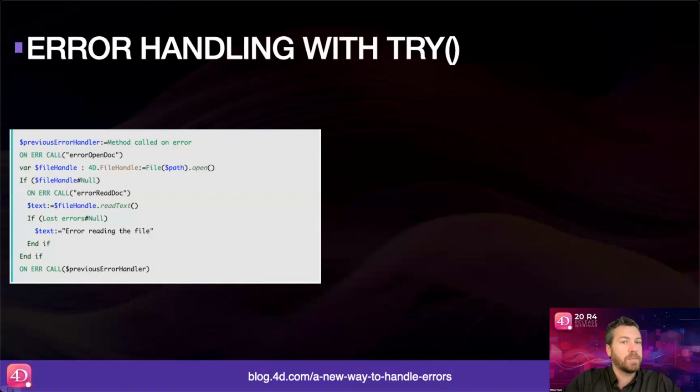I'd like to start off with something that's really exciting in the 4D language. This has been a hot topic on the feature request forum, with many people voting for it. It was the top for a long time, and it's error handling with try. Let's take 2 steps back and talk about error management itself. Error management has been handled in 4D since time immemorial with the ON ERR CALL command. This has been updated recently itself, but